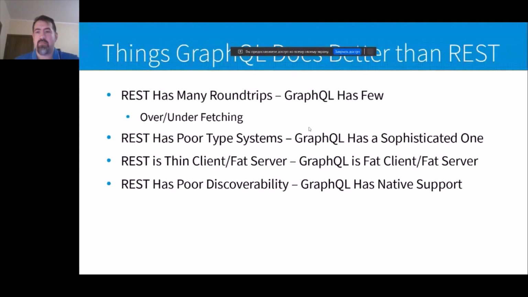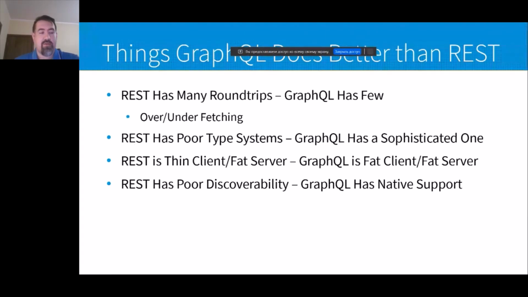Why is GraphQL better than REST? REST has many round trips. In REST, you have many endpoints and many resources, and usually when you want to get some data, you do a lot of round trips to network, like first reading the record, then reading details about this record, and then reading something that's related to this record.